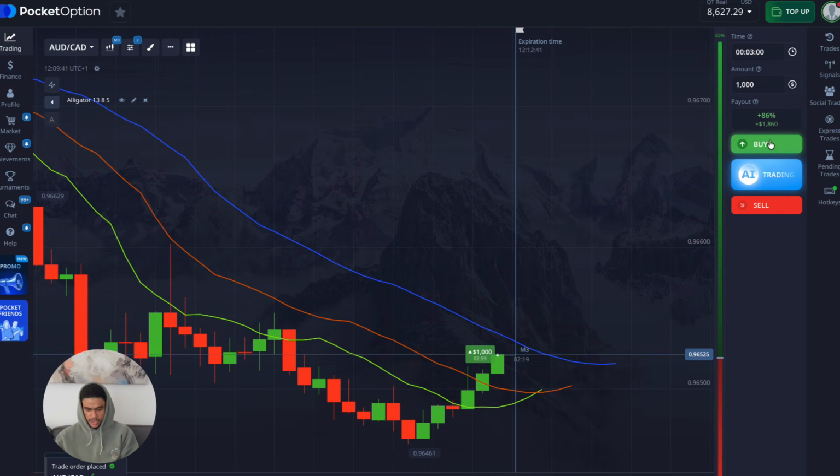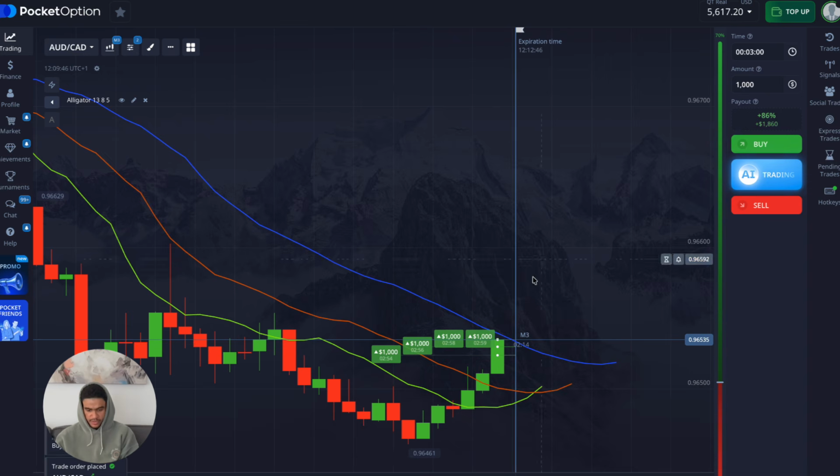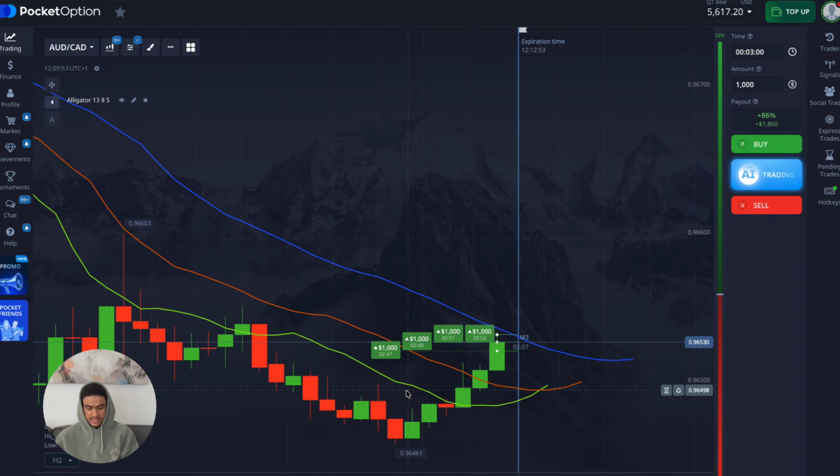I'm not even gonna wait for the candle to close. I'm gonna place all of my funds here, 4,000, as I believe that is exactly the situation that I needed. I saw